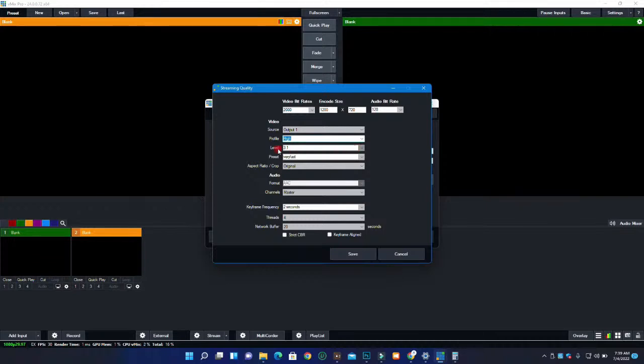The next thing is the level. On this level, all you need to do is change this level to 5.1. Then this preset, come back again and put it on slower. Then the aspect ratio,